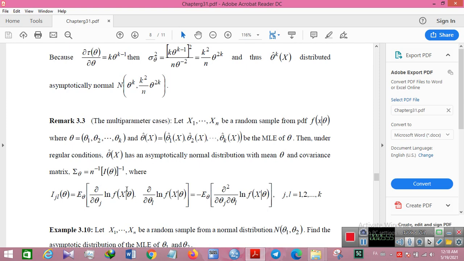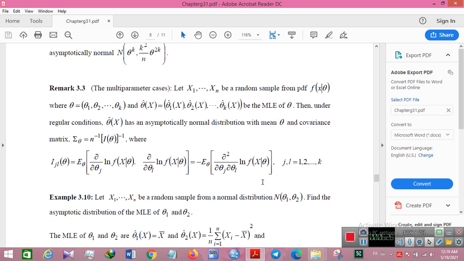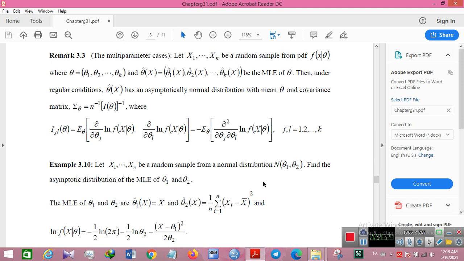In the multi-parameter case, let x1 to xn be a random sample from f(x, theta), where theta is theta 1 to theta k, and theta hat(x), theta 1 hat to theta k hat, is the MLE of theta. Under the regularity conditions, theta hat(x) has an asymptotic multivariate normal distribution with mean theta and covariance matrix that one. For example,